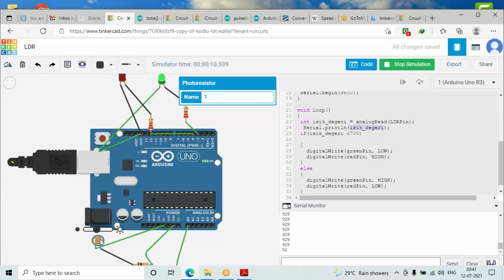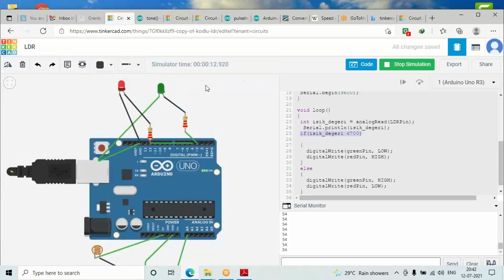What I have done here is take an if condition, as you can see, and I have written that if the value is less than 700, it means it is night time. In that case I have switched on my red LED, and if it is daytime, my green LED should be on.